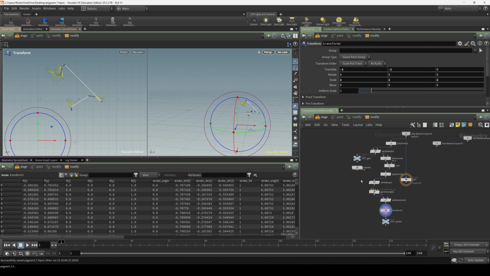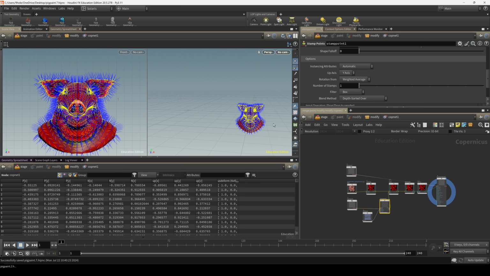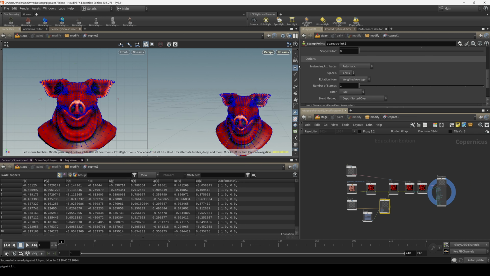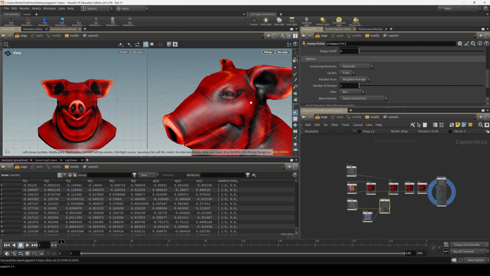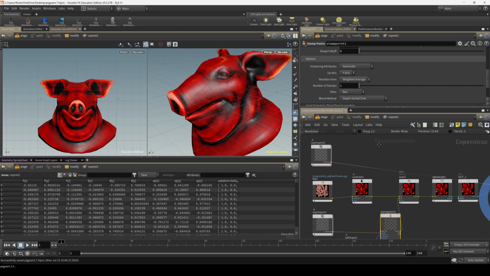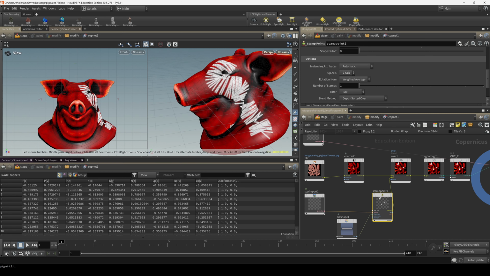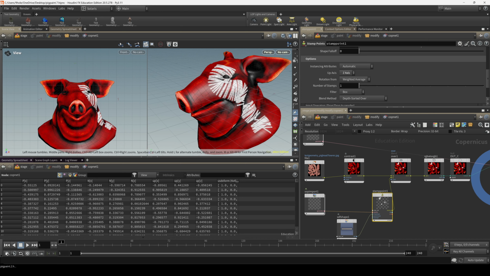So now when I go into my COP network, and let's have a look at our preview here, and we'll turn off all the attributes that we have on because it's pretty distracting, and turn off points. And you won't see anything, and that's because I'm not referencing the right axis here. So let's look down the z-axis, and you can see now that it is working,